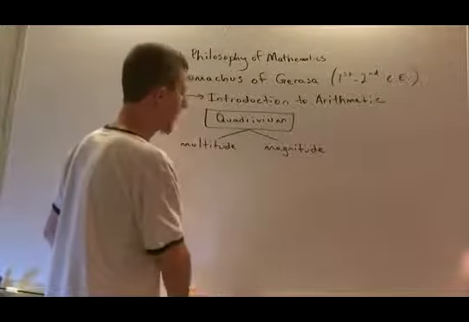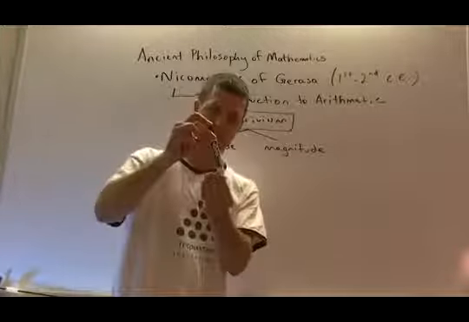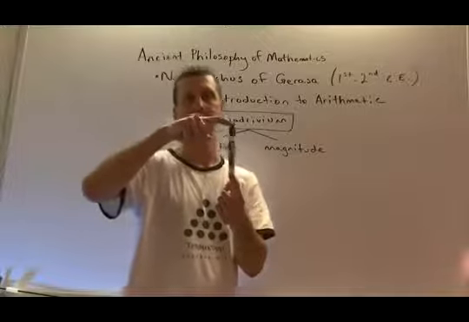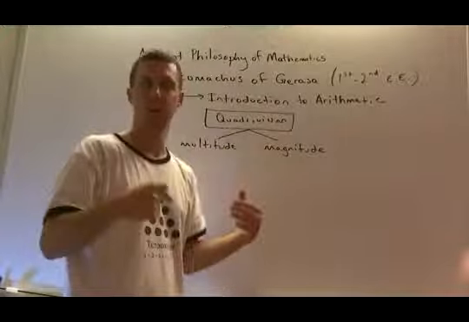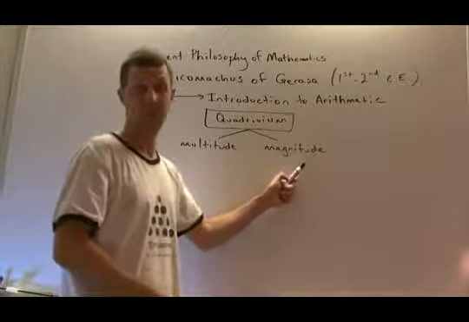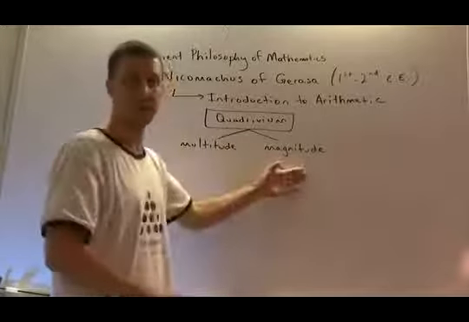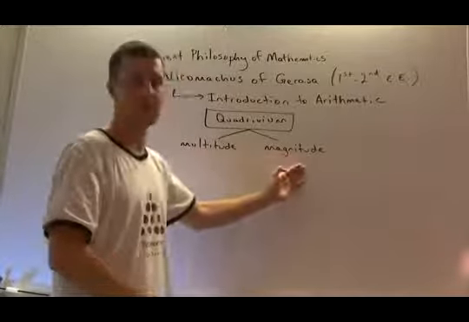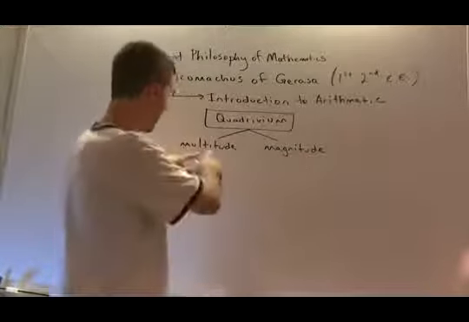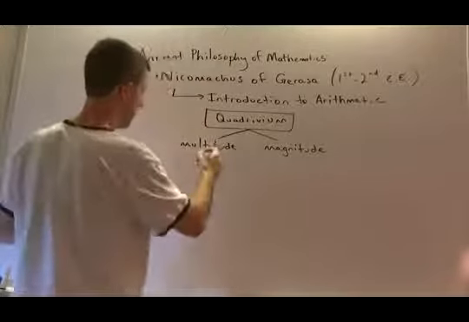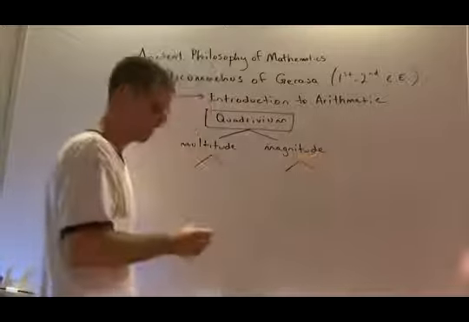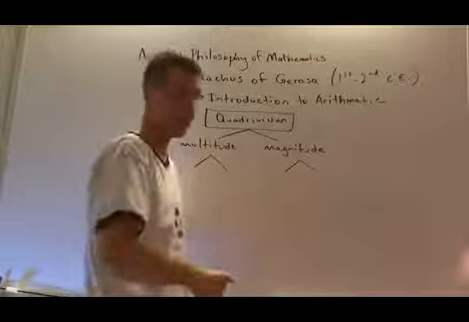But what's meant by magnitude is something like, well, I can take this one marker and measure it, and it's about maybe 5 inches. Or 5.624 inches. Something like a real number, we would think of it. So it's the discrete and the continuous. The integers and the real numbers. Now, these are each broken down. Each one of these will be broken down into 2, like this. And then we're going to get 4, and that's the Quadrivium.